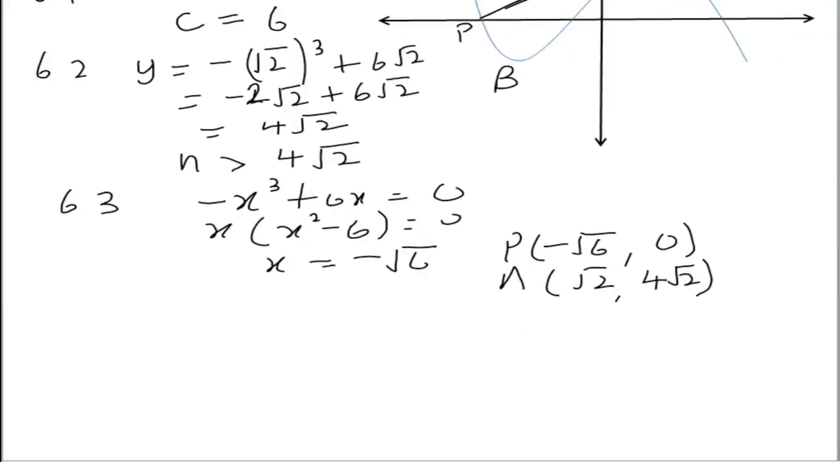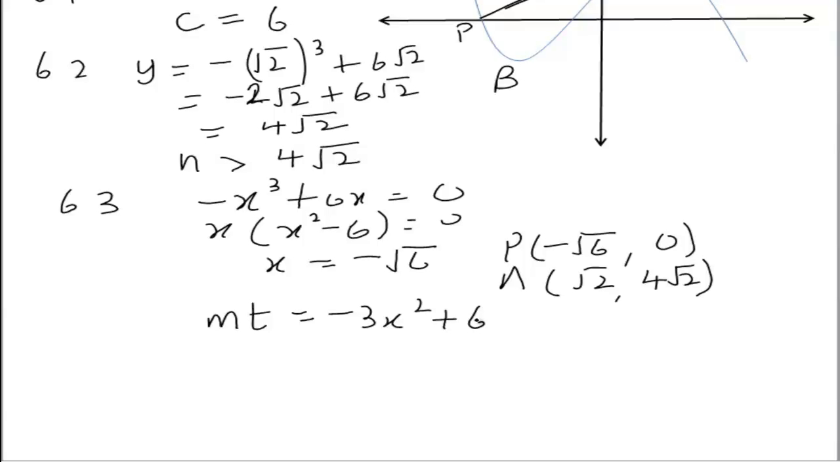plus 6x, now the minus 3x squared plus 6x is actually the gradient. So that's the gradient of the tangent line. So the gradient of the tangent line is minus 3x squared plus 6x. So now we want to equate it to this. Now we find the gradient of that line, it's 4 root 2 upon